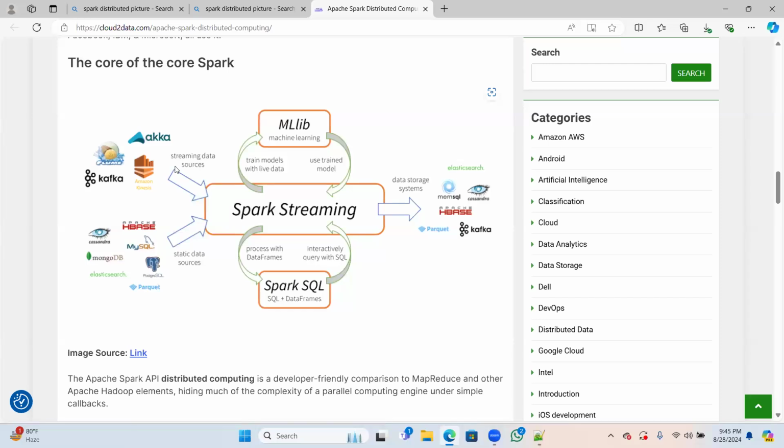Hive can't use it; it can only work on static data, whereas the Spark can work on both streaming and static data, meaning batch processing. Yeah, it can.